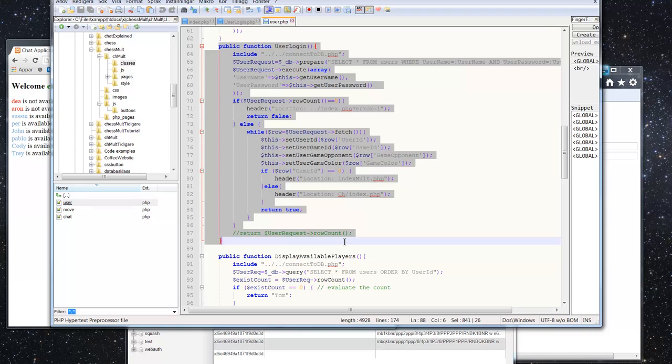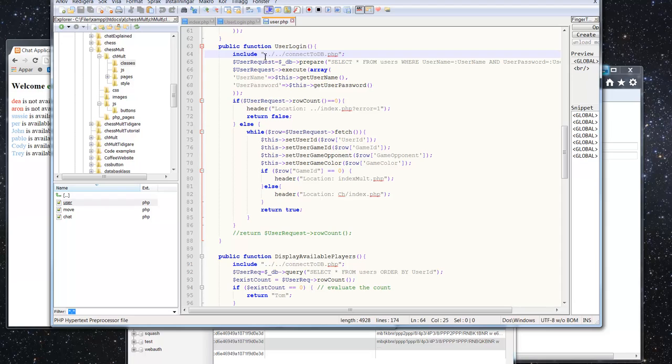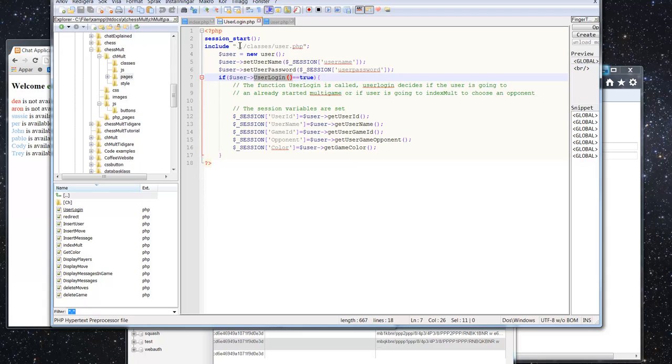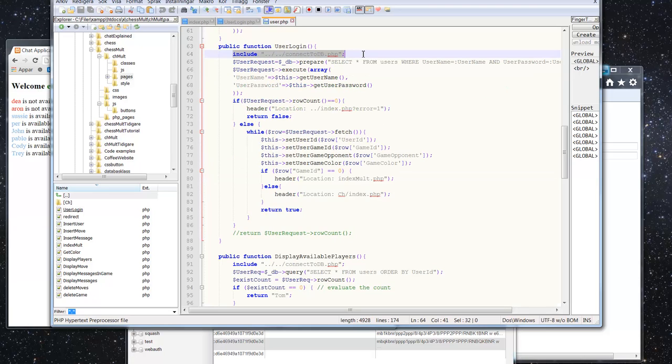when I call the user login function, we will do this. We will connect to the database, which now needs, because we're coming from user login, we just include the user class here, but we're still in this PHP. So we are still in this PHP when we're here. So when I push, now we're at connect to database. So that's why I do